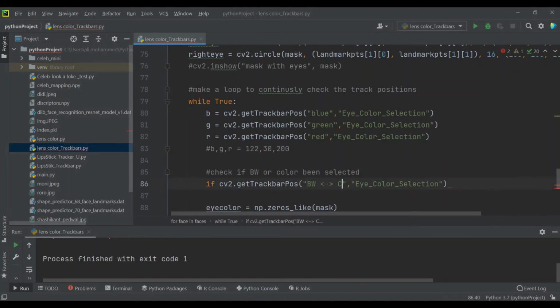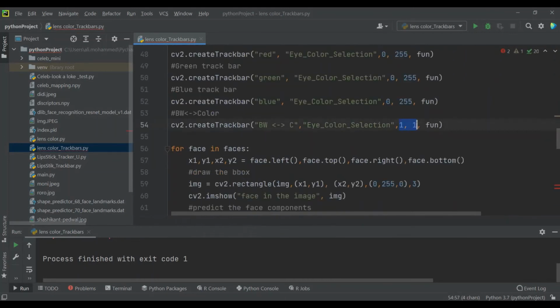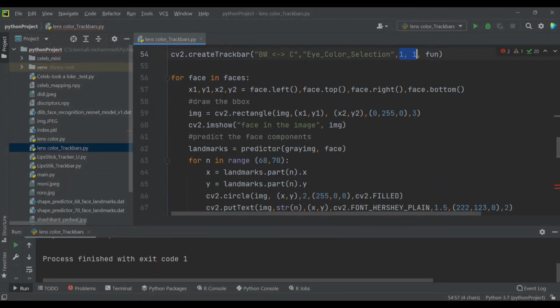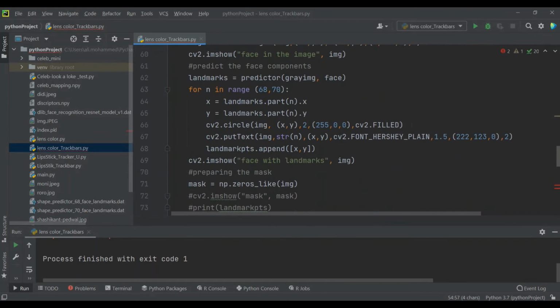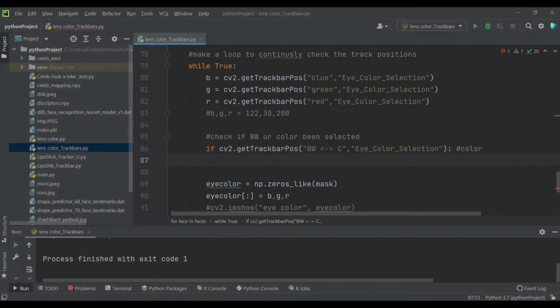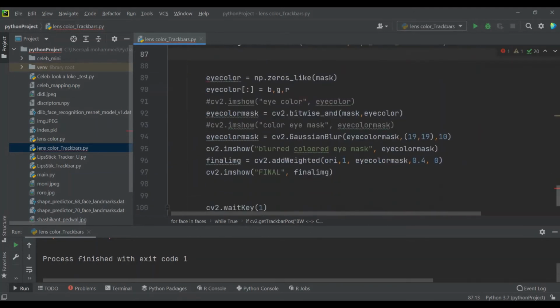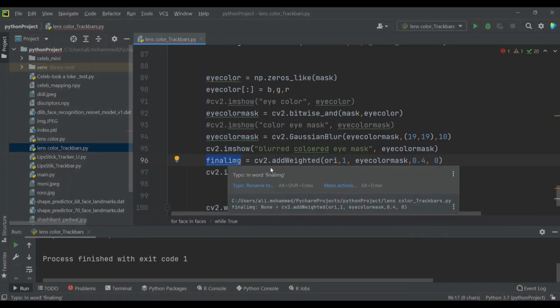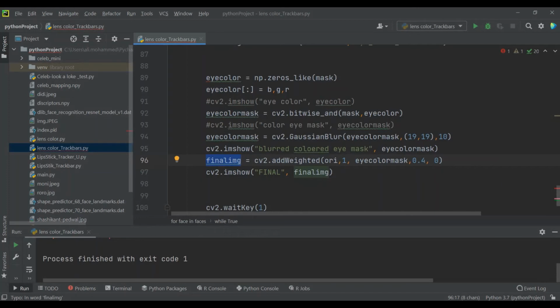Do you remember just now how we defined it? We defined it to have only 2 possible positions, or return only 2 possible values, either 1 or 0. So it will be either 1 or 0. I mean, even the condition will be either false or true. So if this is true, what does it mean? If it's true, it means it's a color. If it's a color, so the final image, here I say okay, so final image will be